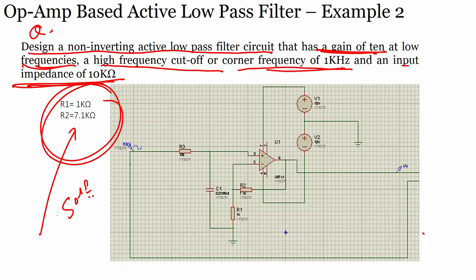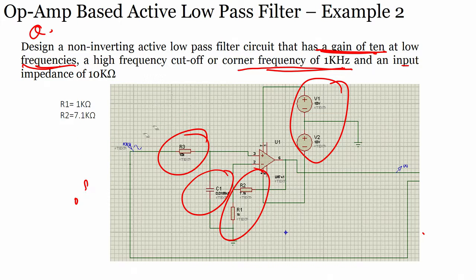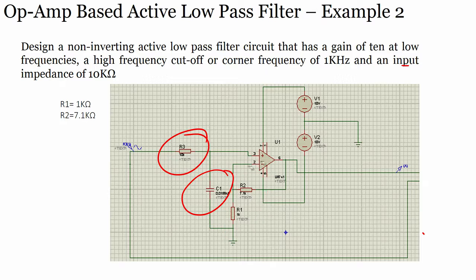Okay. So, if you take this particular circuit, this is your low pass active filter, and these are bias voltages, again like I said. You have a capacitor, you have feedback resistors, you have R3 at the input. You can adjust your gain using R2 and R1, and you have to find R2 and R1 in this particular problem. So, let us come to the actual experiments and perform some experiments with low pass filters with passive